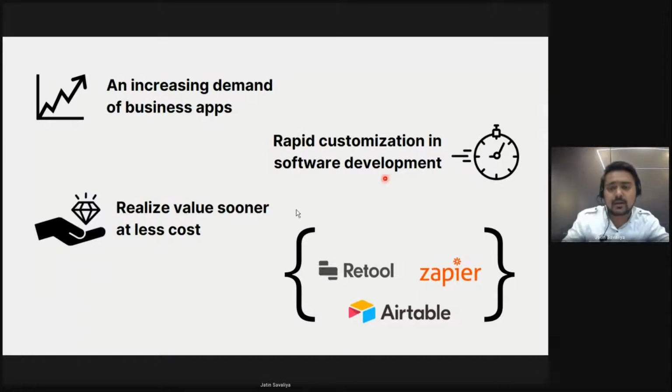And realizing the value sooner at less cost. I'm just giving you the example of these tools: Retool, Zapier, Airtable. These are just kind of tools which you might have used. Personally, I'm using Zapier a lot to schedule the meetings. Whenever my clients want to schedule a meeting with me, I'm using Zapier to add those meetings into my Google Meet, and then adding into my Google Calendar, so that my customer and I both can remain on the same